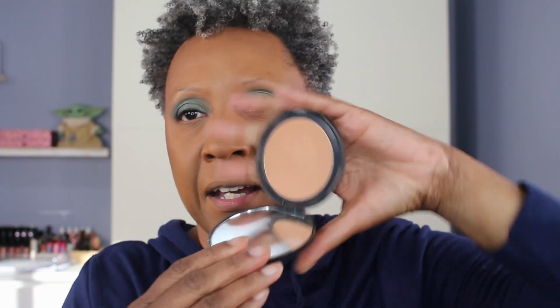I'm not cool enough. Okay, so I forgot to powder my face, and I wanted to use another product that I recently picked up. This is from Nars, and this is the Soft Matte Advanced Perfecting Powder. I got it in the shade Offshore. And I have used this powder before, and I like it. I do, but I feel like this shade is too warm, and the shade after it, the deeper shade, is too deep, and the shade before it, of course, is too light. And when I swatched it, it looked like it was going to be too light. When I got it, I got this from Ulta, I think, Sephora, I don't remember, and it looked like it was going to be too light. But then when I got it, it's really warm, like orange,